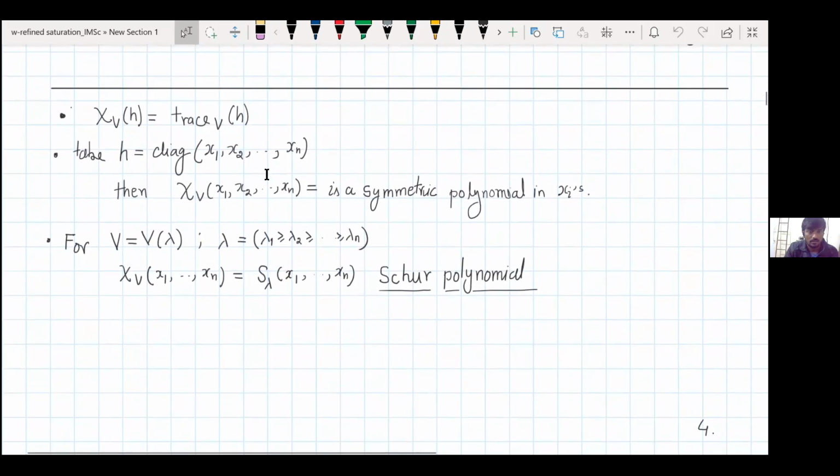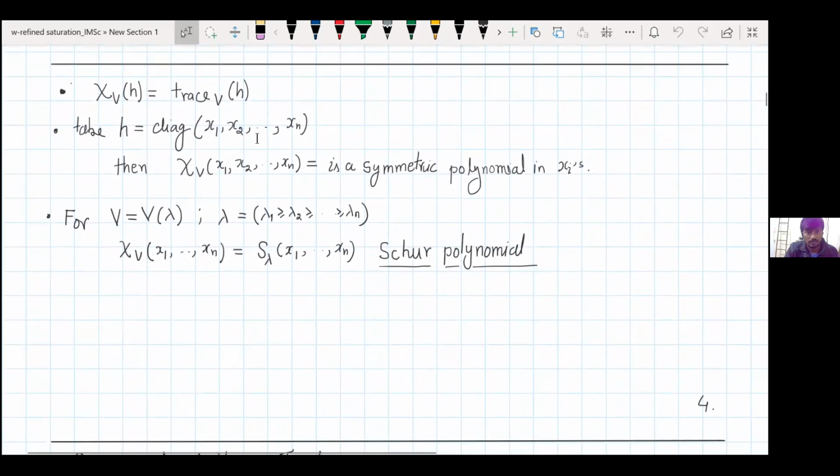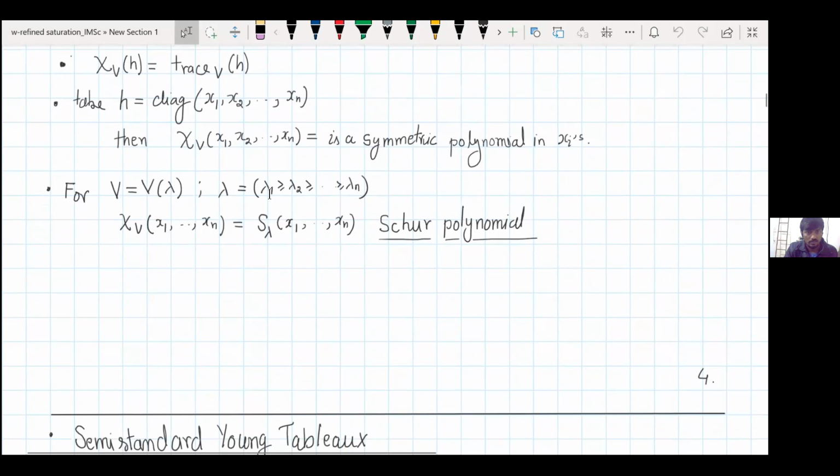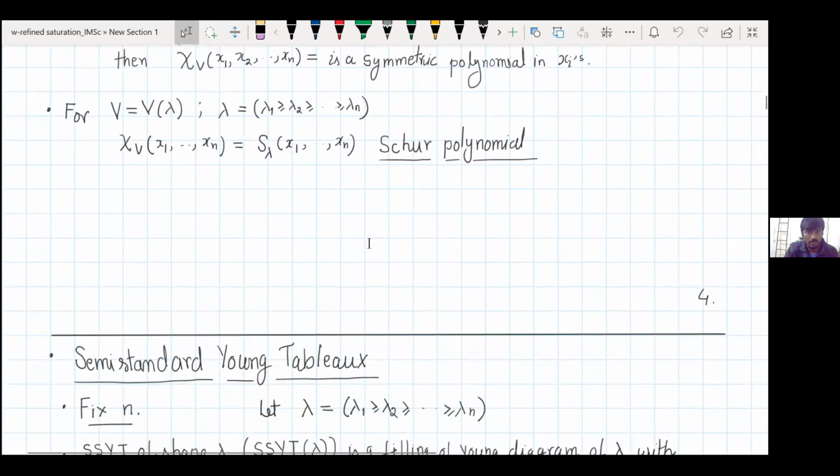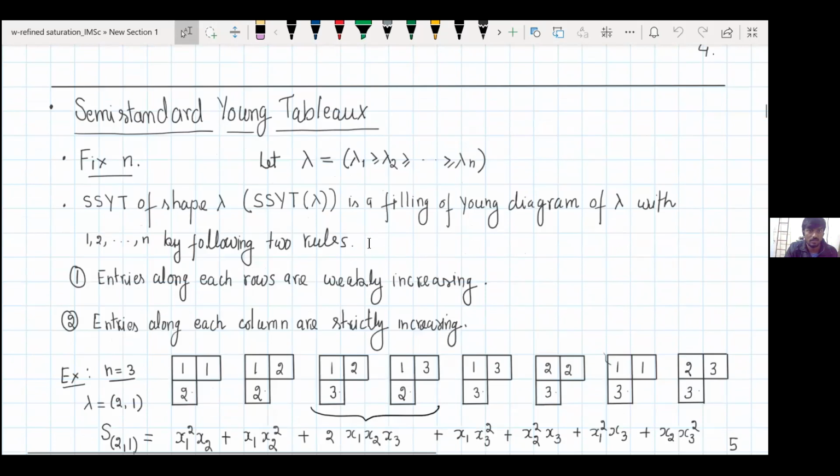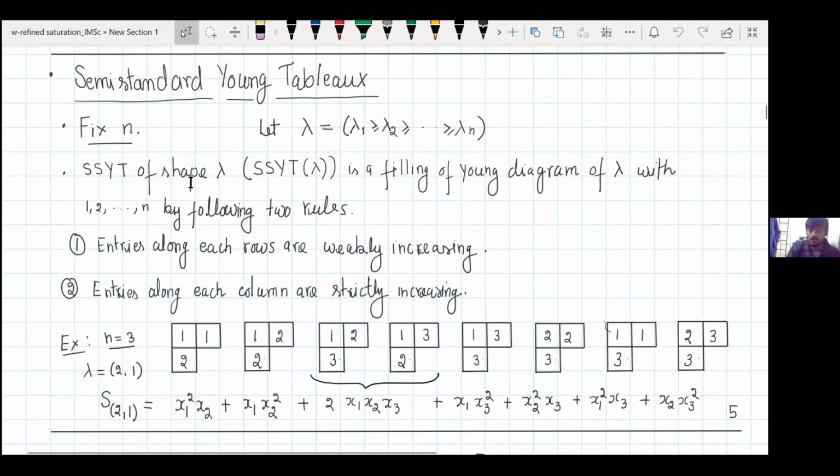If you represent a diagonal matrix, you can write x1, x2, up to xn on the diagonal. Then the trace will be a symmetric polynomial in these xi's. And if lambda is equal to this partition, then the character will be the Schur polynomial. And we have a nice way to represent a Schur polynomial,